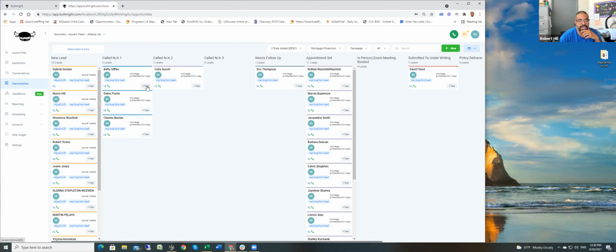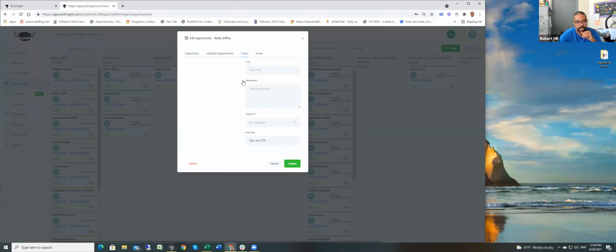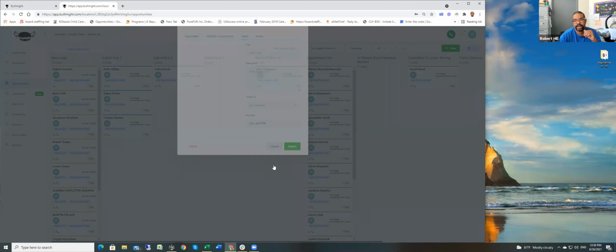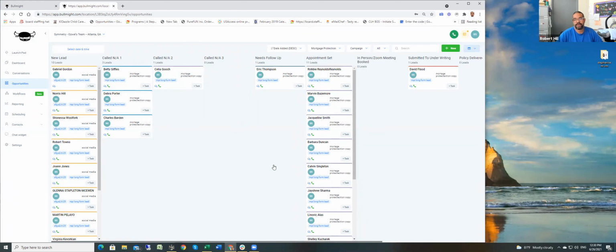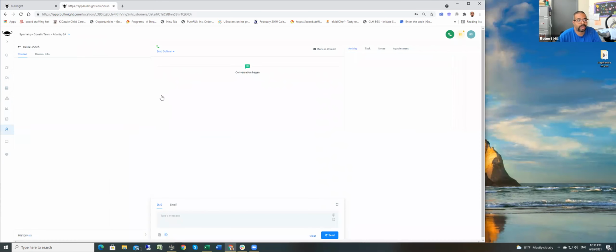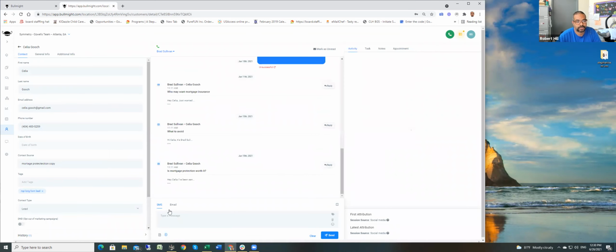If you see a task, it will add the task and start that task process. I can do that. It will jump right over to this task feature and is ready to input that information. So you say, I need information about if a client had a heart attack and they are 26 months out, could they get approved for something? As a task option. If you click on the chat bubble, it will bring up their conversations,